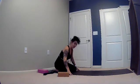Good, then we're going to walk the wrists underneath the shoulders. Shoulders are back, elbows are in, and you're going to come on up. And instead of staying in hero's pose, we're going to go ahead and take a seat. So what I'd like you to do is make sure your props are to the back of the mat. We're going to scooch forward, and what we're going to do is go ahead and set our legs up for